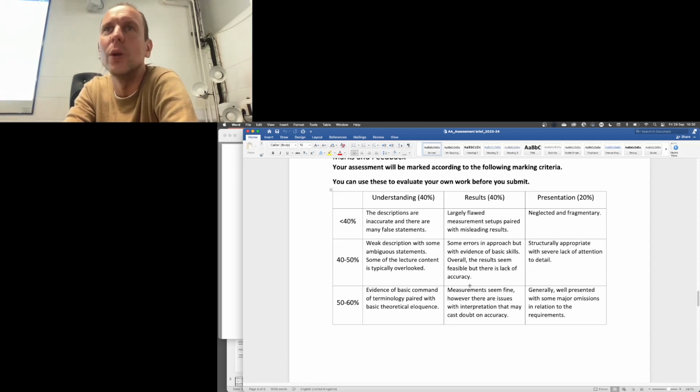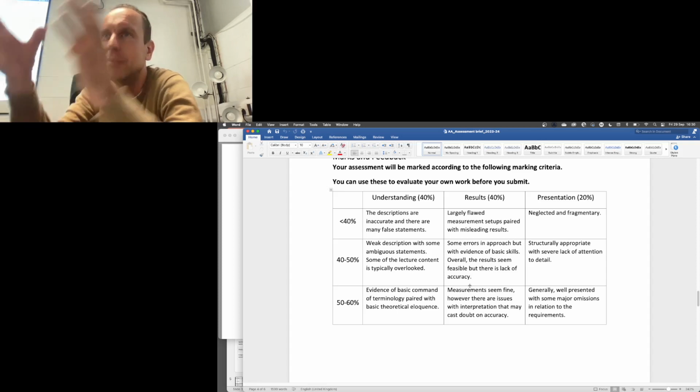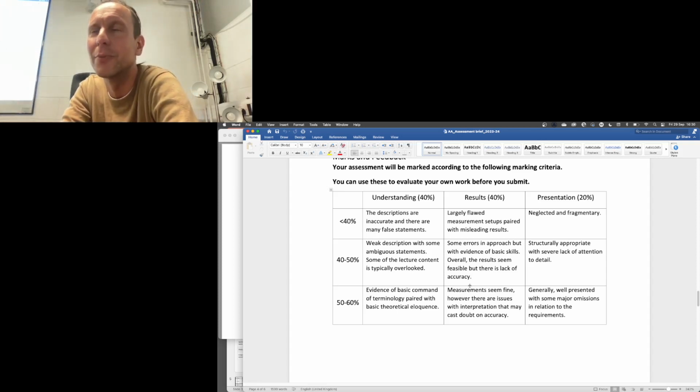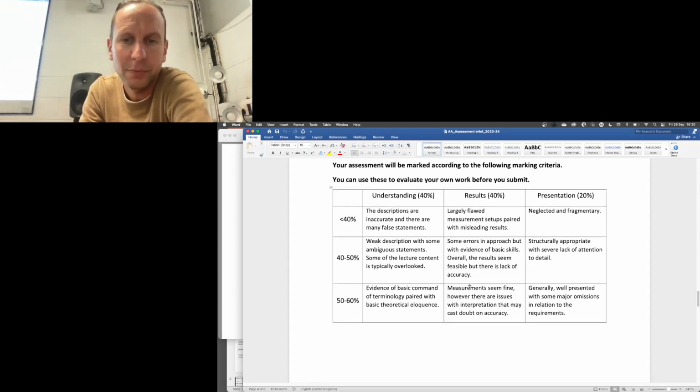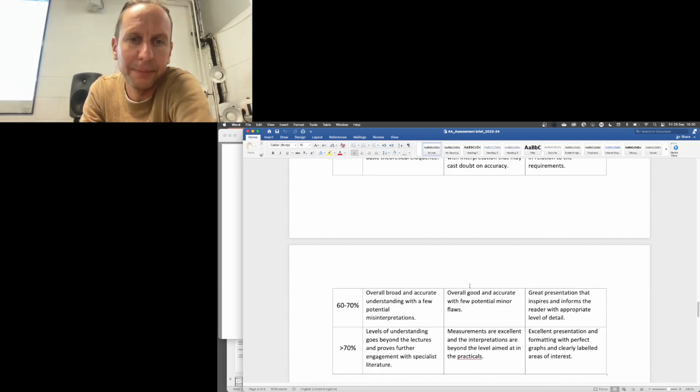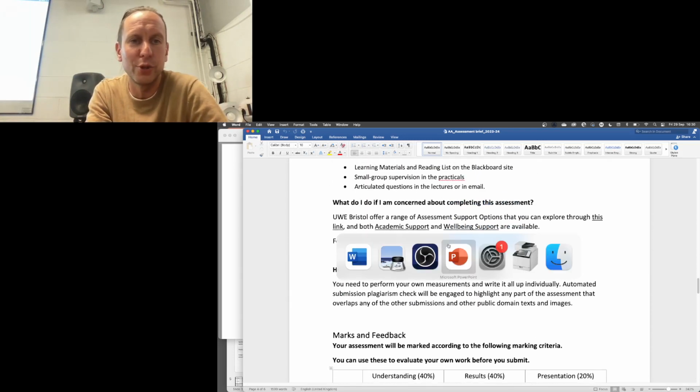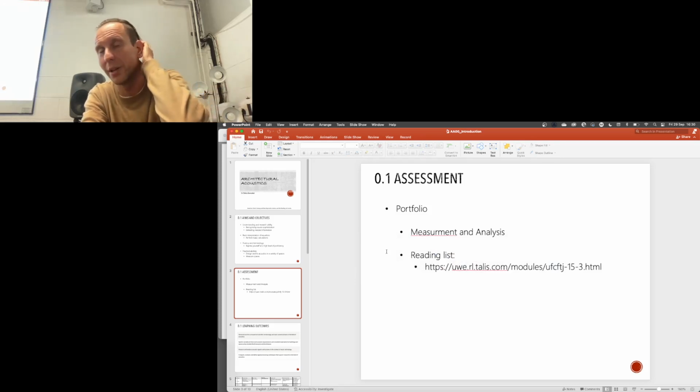So in any case, you will get awarded marks for formalities, presentation, how it all looks, numbering the figures, accurate UWE Harvard referencing and all the rest of that. Okay, so that's what you may expect. Again, the main advice here is start early. The sooner you start, the better.